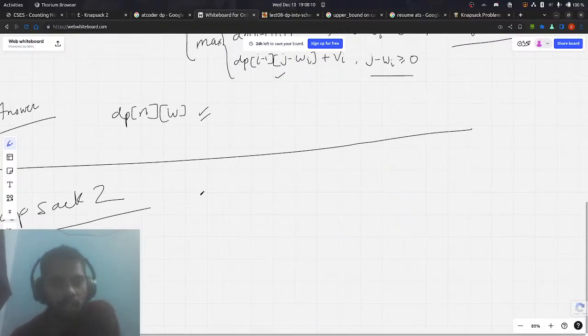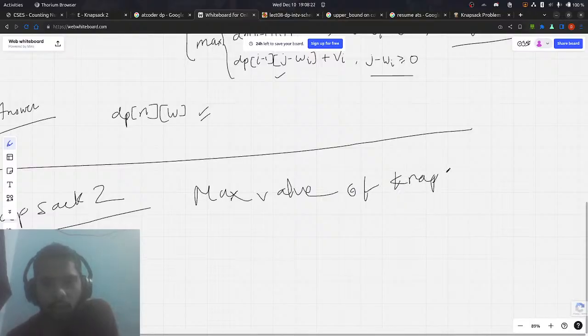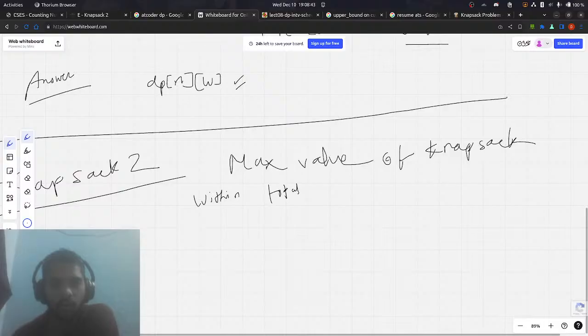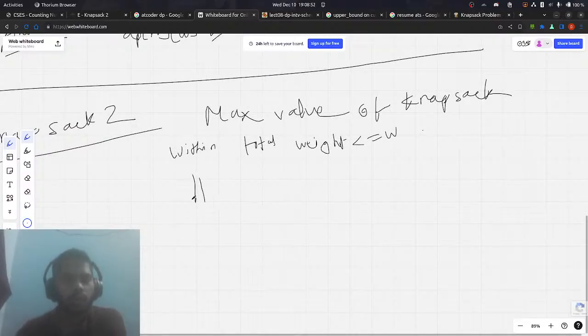So here the question is: what is the maximum value of knapsack within total weight less than or equal to W, something like this, right? So we are going to convert this into